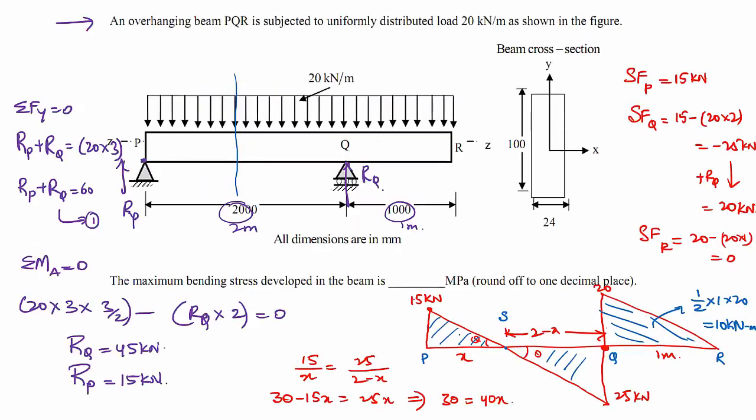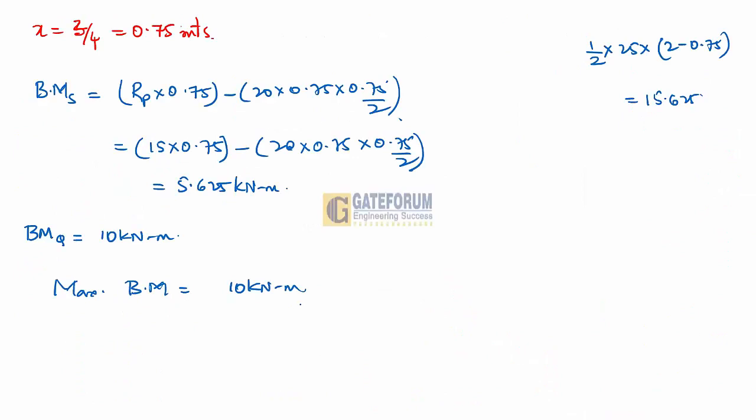If you add area number 1 and area number 2 together, you will get the bending moment at Q. Don't just take this one area. The cumulative effect of these two areas has to be taken. So this area is 5.625 and this area we have calculated as 15.625. So the total is nothing but 10 only. So maximum bending moment comes out to be 10 kilonewton meter, and bending stress